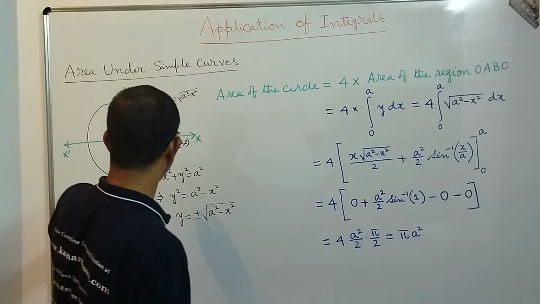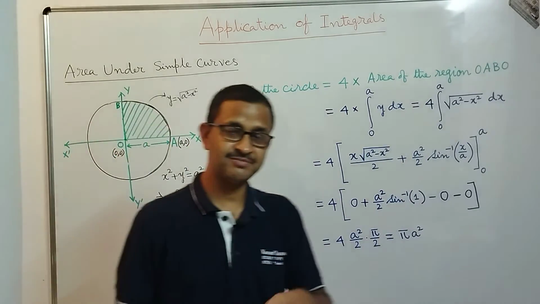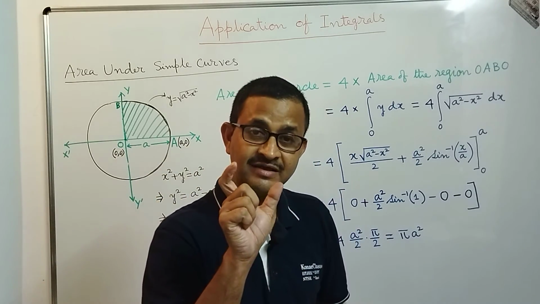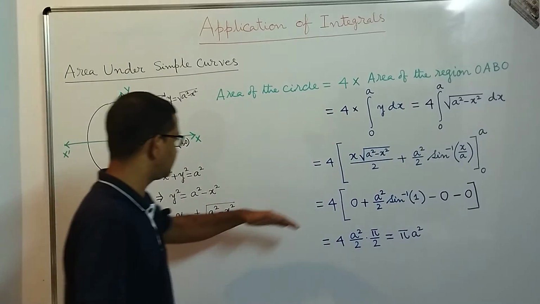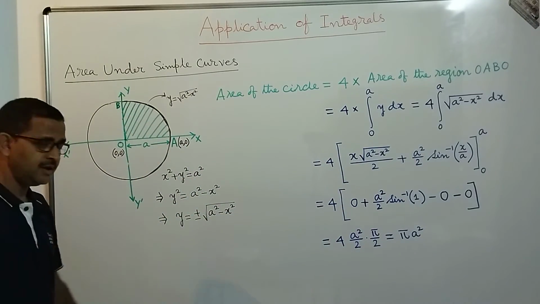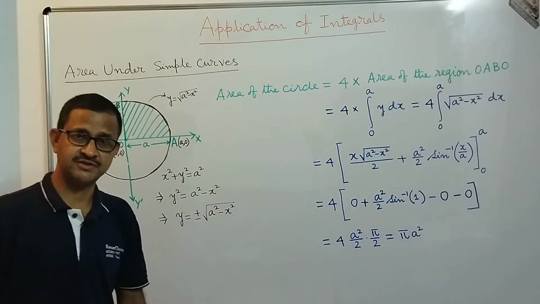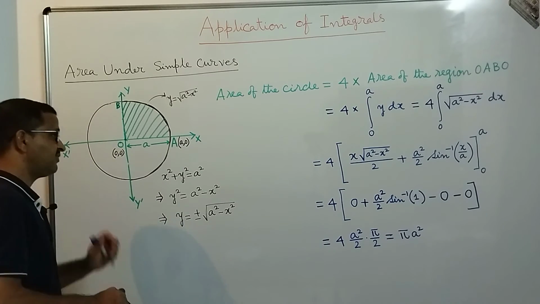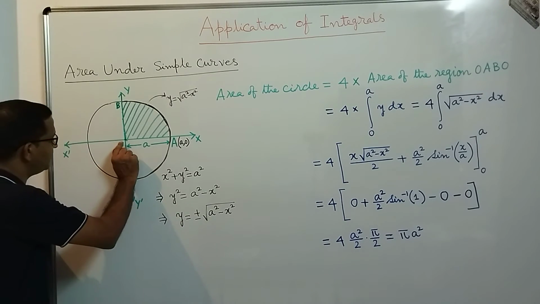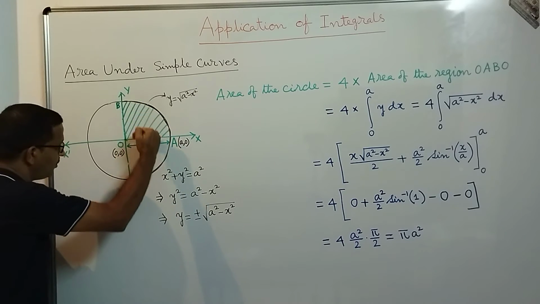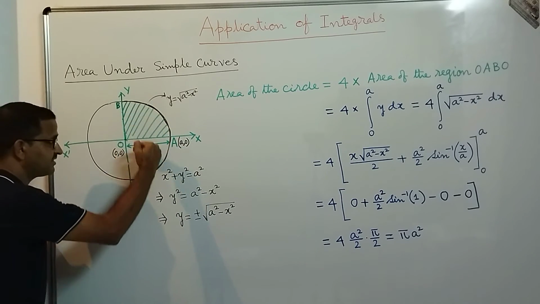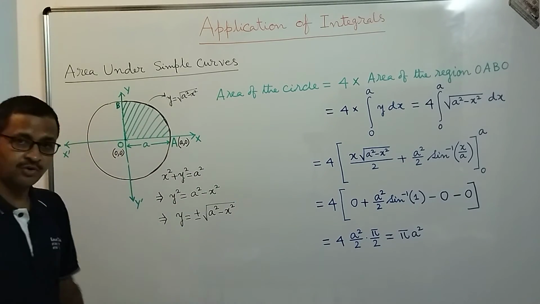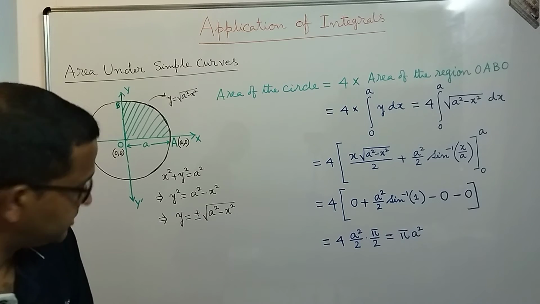So that is the area of a circle with radius a, we know from our earlier classes, that area of a circle with radius a is pi a square, and we find it by means of the application of integrals. Okay, now let us look into the same problem in a little different manner. Whatever we have done, we varied from 0 to a y dx, that means on the x axis. The same thing we can consider as x dy. So what it will be? So let me draw it and then do it.